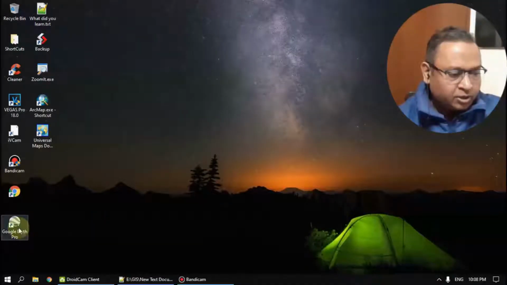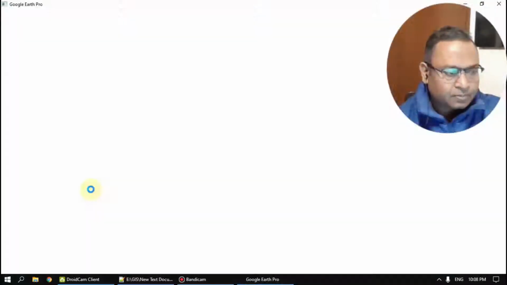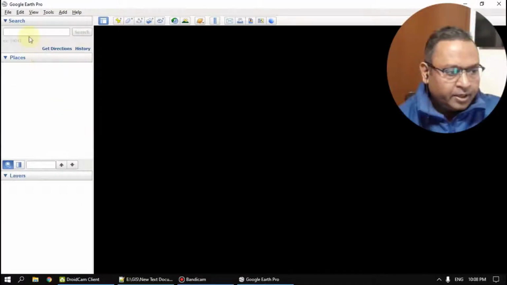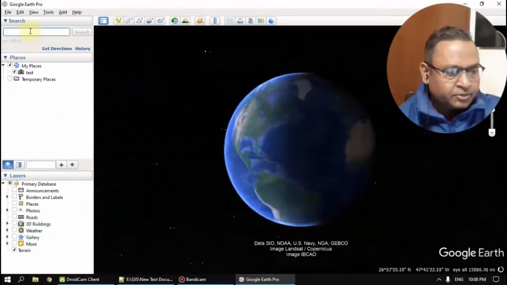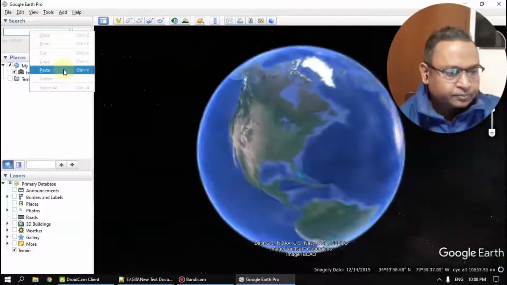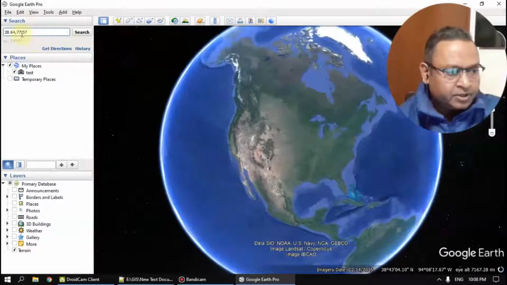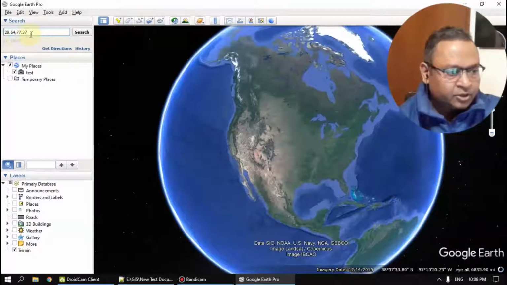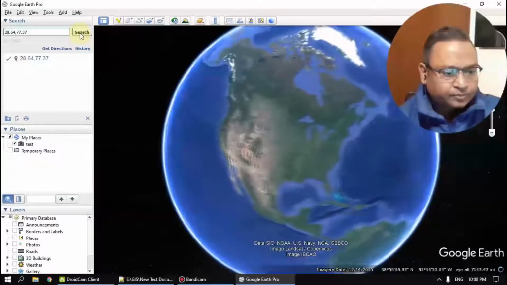Okay guys, I am opening the Google Earth Pro software, and here I am going to give some location, and these are the coordinates of this location. First one is the latitude, second one is the longitude, and let's search for this.